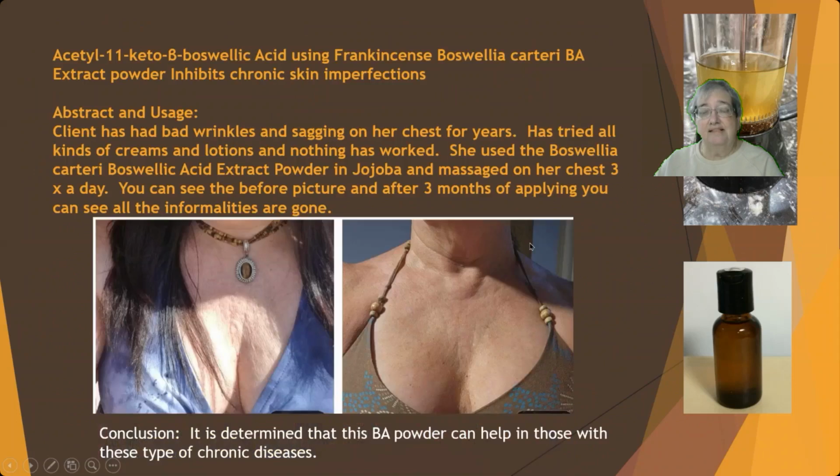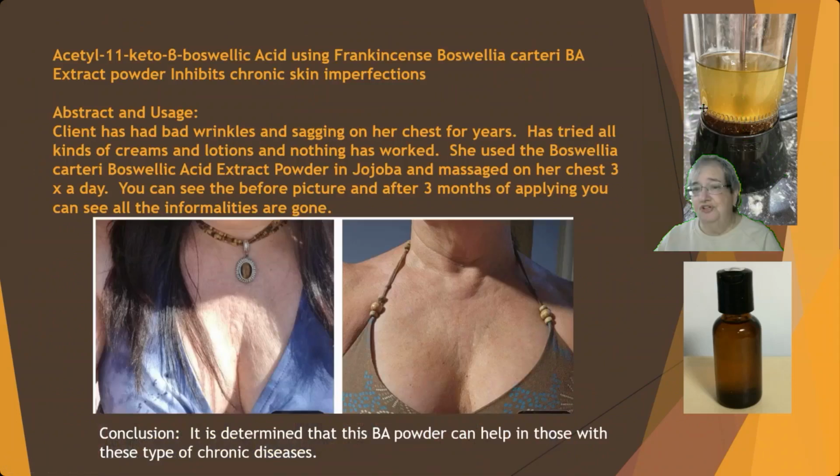In this case, this was very, very interesting. We used carteri. The client had bad wrinkles and sagging on her chest for years. She's tried all kinds of creams and lotions, and nothing has worked. She used the Boswellic